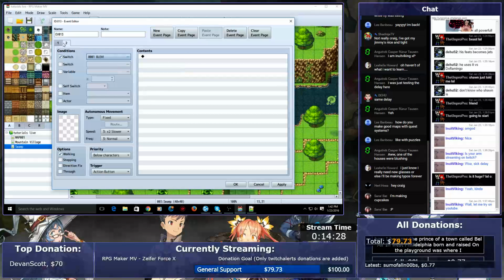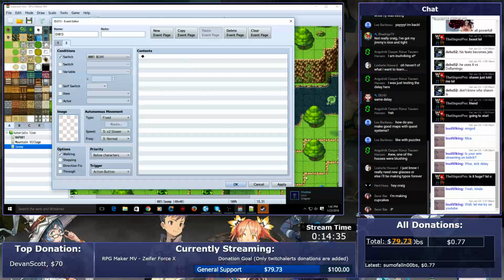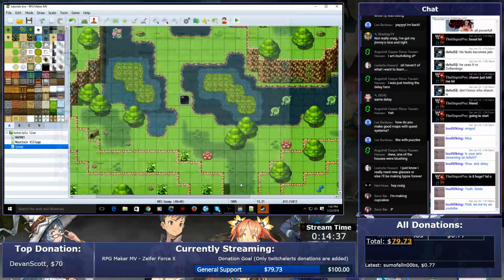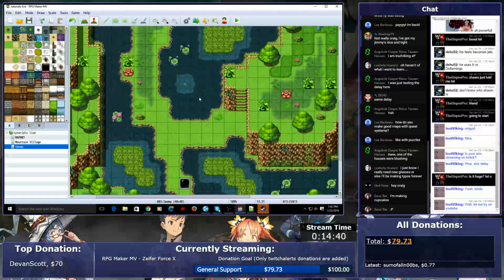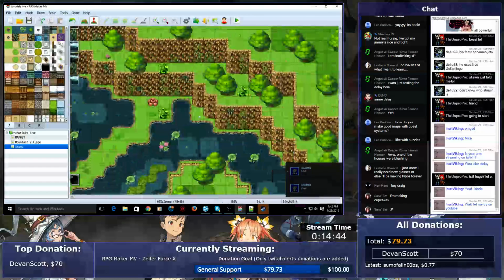Okay, so yeah, you want to have the first page with nothing on it but the little event here that blocks your character. Second page, you want to turn it on. There you go. So that's blocking your pathway for the first time. This blocks the second one. Like, let's say,